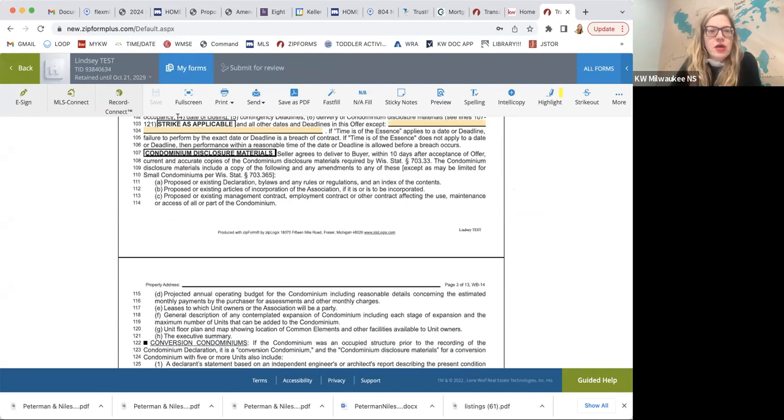The offer to purchase, so starting at line 107, condo disclosure materials. Seller agrees to deliver to buyer within 10 days after acceptance. So this is giving the parameters for when the seller can deliver the documents to the buyer. Within 10 days after acceptance, current and accurate copies of the condo disclosure materials required by statute 703. The condo disclosure materials include a copy of the following and any amendments to any of these. So they'll always include the proposed or existing declaration, bylaws and any rules or regulations,